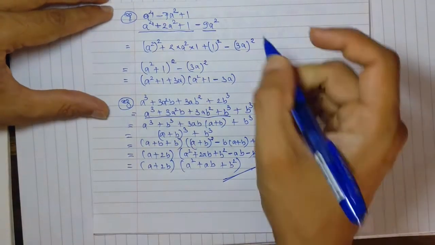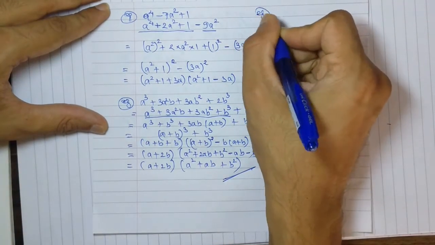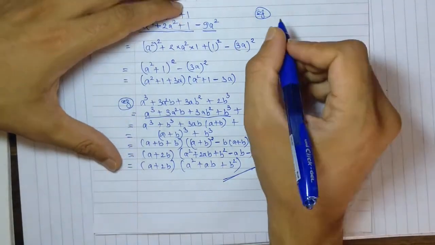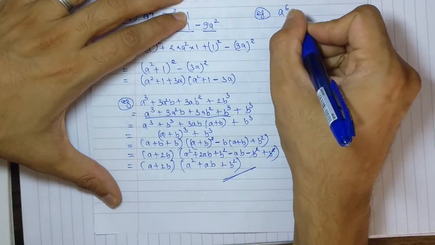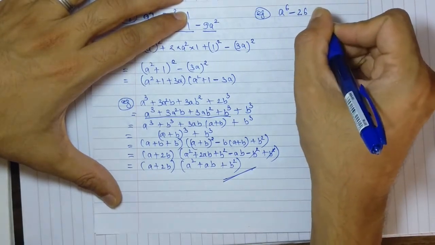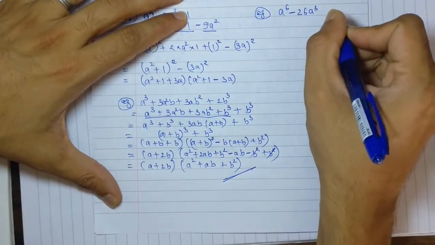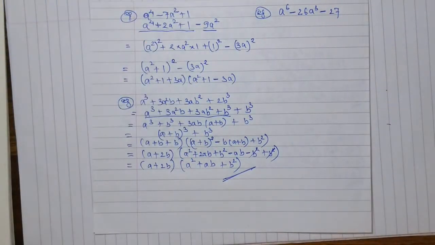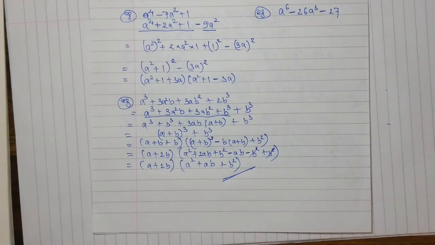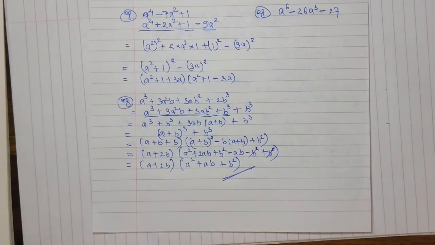The last question. a raised to 6 minus 26 a cube minus 27. Okay, now in this,